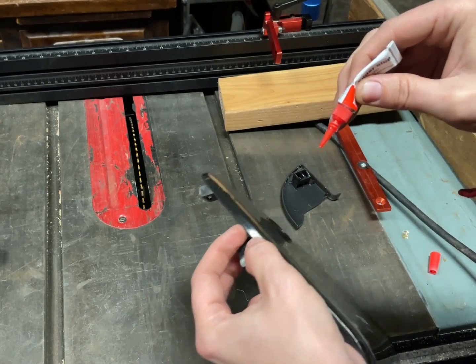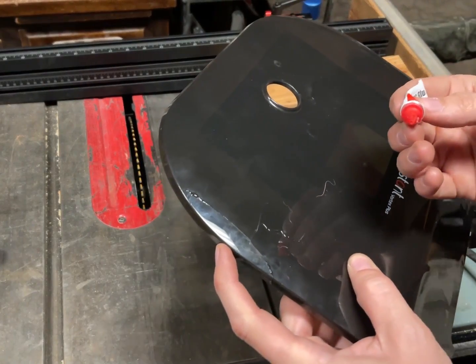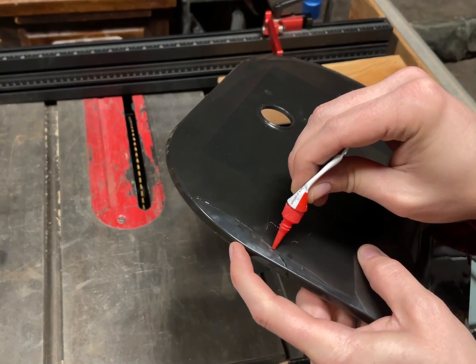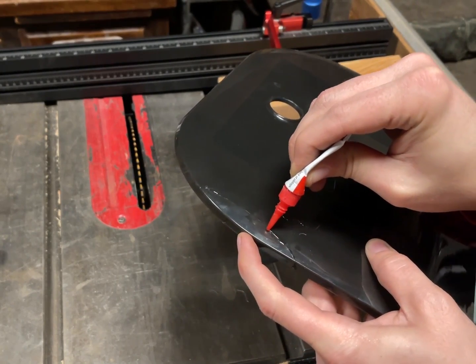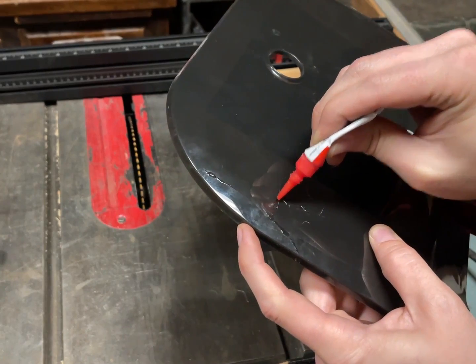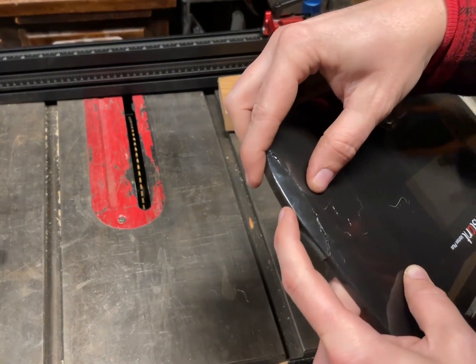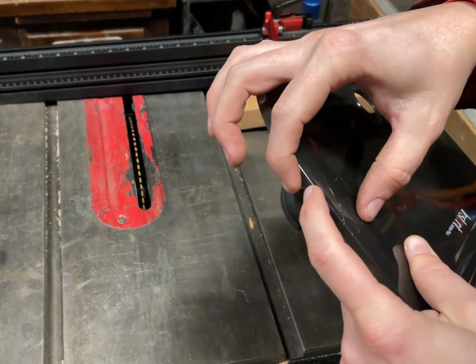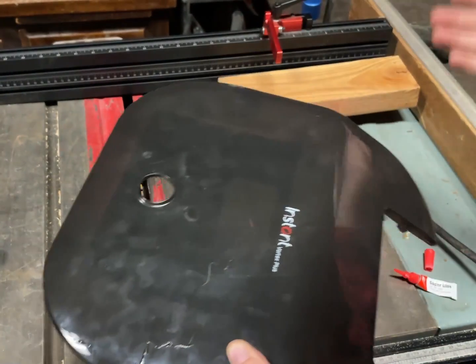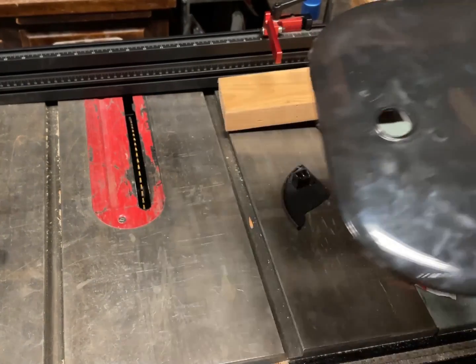For those of you following along at home, you can just use fingernail polish remover, and that'll undo this glue. Now if you happen to have acetone, that's even better. But okay, so now with that,